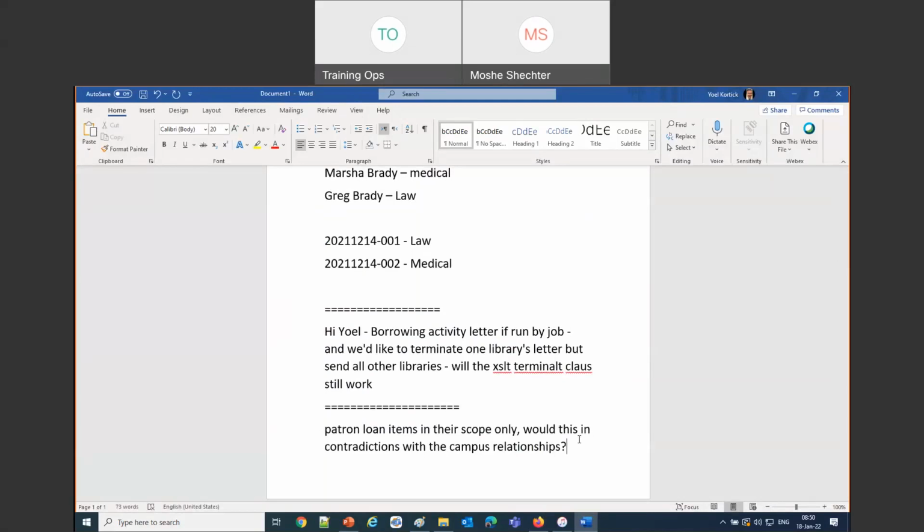Moshe, do you have anything to comment on this last note? Yeah, like you said, the patron privileges are by their library. The staff privileges, as you've shown, are also by their library.